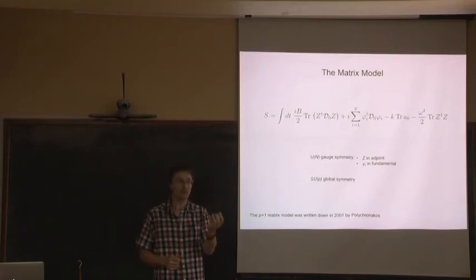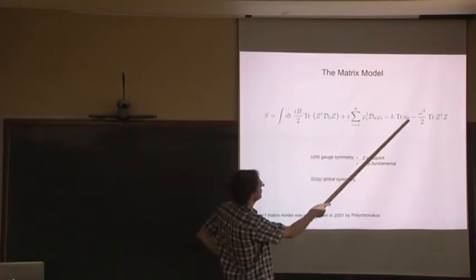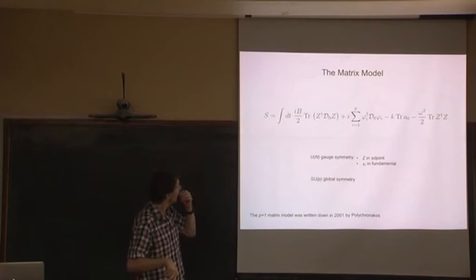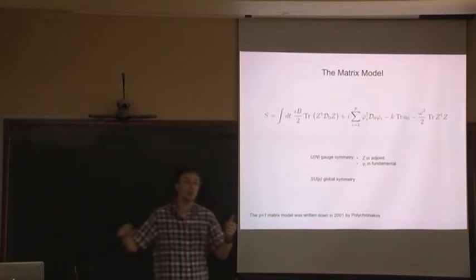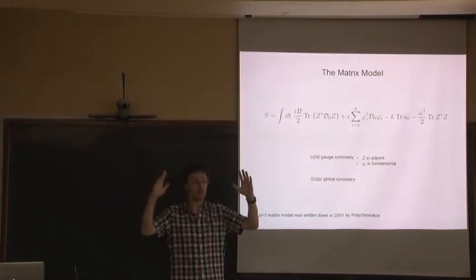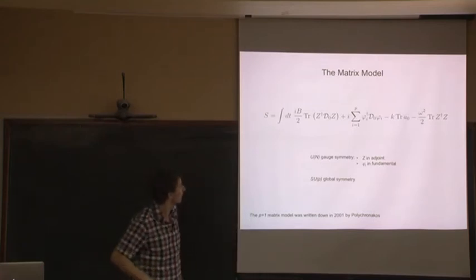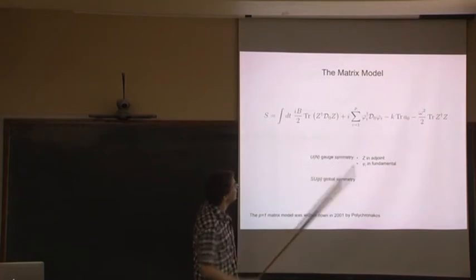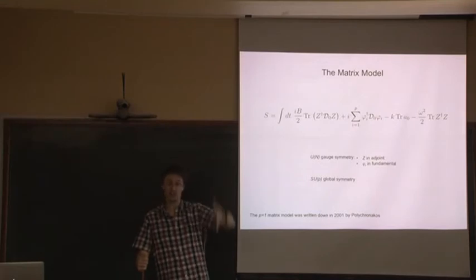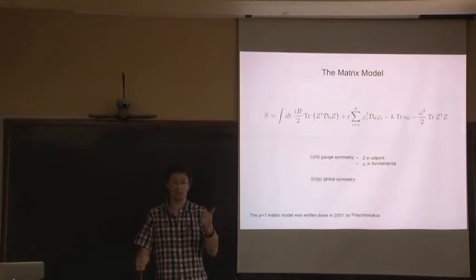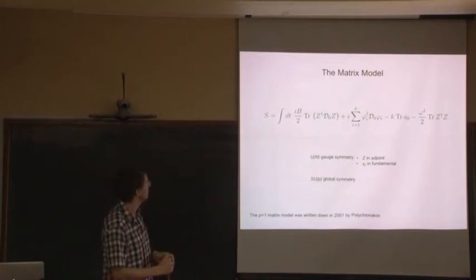So it's a gauge symmetry in quantum mechanics, which means it has a gauge field that I've called A0. Charged under this U(N) gauge symmetry are two fields. There's a field called Z, which is an N by N complex matrix, and this transforms in the adjoint of the gauge group. And then there's a bunch of fields called phi_i, and each of these transforms in the fundamental of the gauge group. Each of these is an N-dimensional column vector, and there's going to be p of them. So it's a very, very simple model, as you can see.